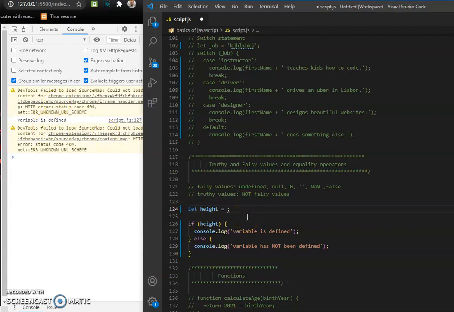So let's try all false values. Let's say undefined. The variable is not defined because this is a false value. We are checking if it exists or not, or if it's a truthy value or not. So if we put null, the same, the variable does not exist. If you put 0, the variable is not defined. If you put empty string, the same, it's not defined. And we try not a number,